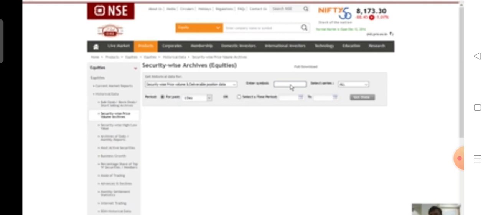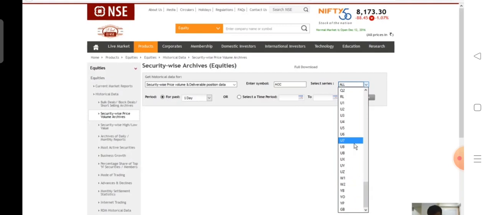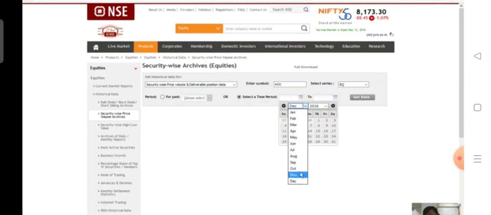Let us see the symbol. So any stock which we would like to see, maybe let's start with ACC. In ACC we have EQ, which is okay, and say you want data since, let us do this research from, this is December, so let us go back, let's start from September. So we may need data from,